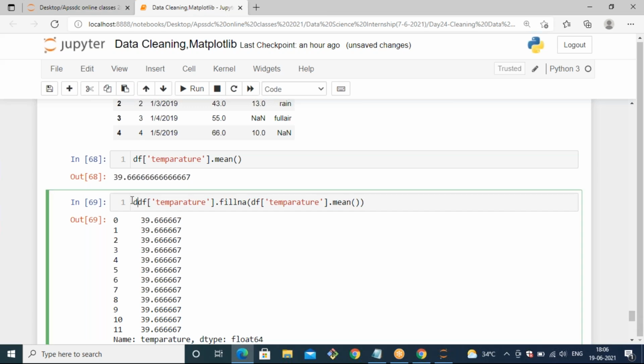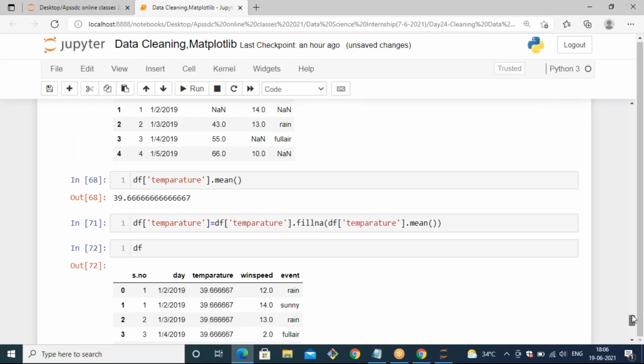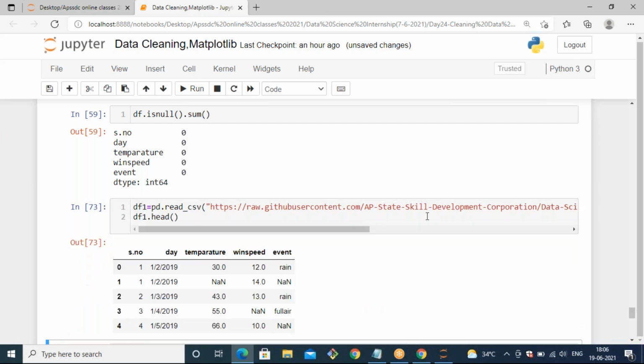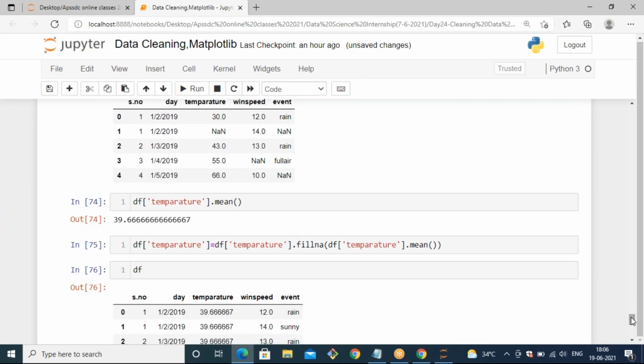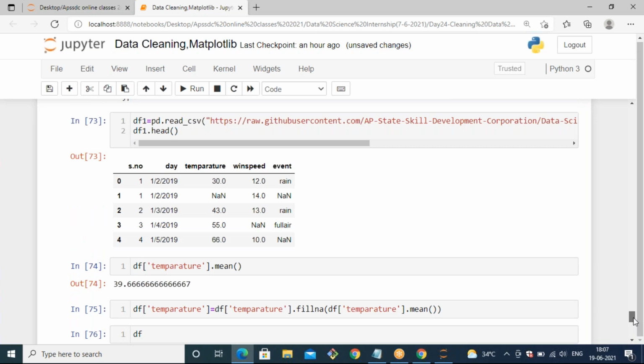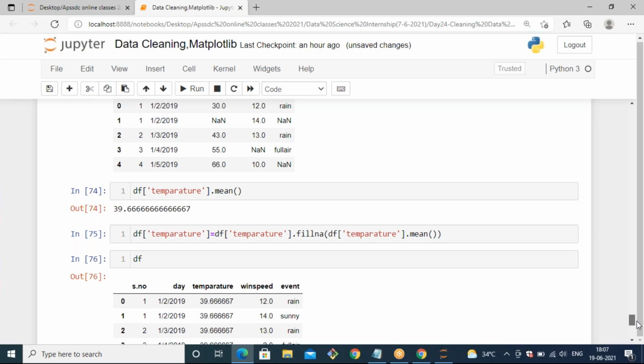Yeah, we need to apply the column name here, df of temperature equals to... So the entire value should be changed with the mean, but we want to fill that.